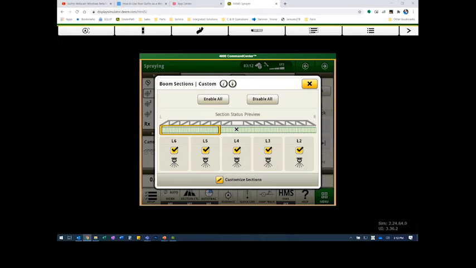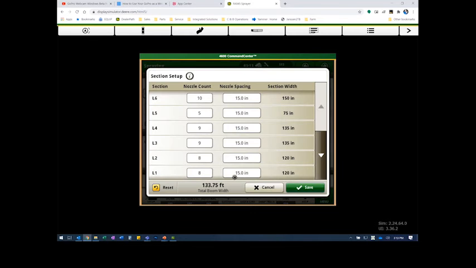or 2 sections or 3 sections. You can customize all of that. But by default, it has it set up so that you have a section group similar to a conventional sprayer, but you can modify where that section break is. So if you've got a guy that wants to spray with the outer booms folded in, so he wants to spray at 60 or 66 feet or 72 feet, you can customize that in the sections, which is the nice part about ExactApply, that you can get it down to the nozzle level of where you want that section break